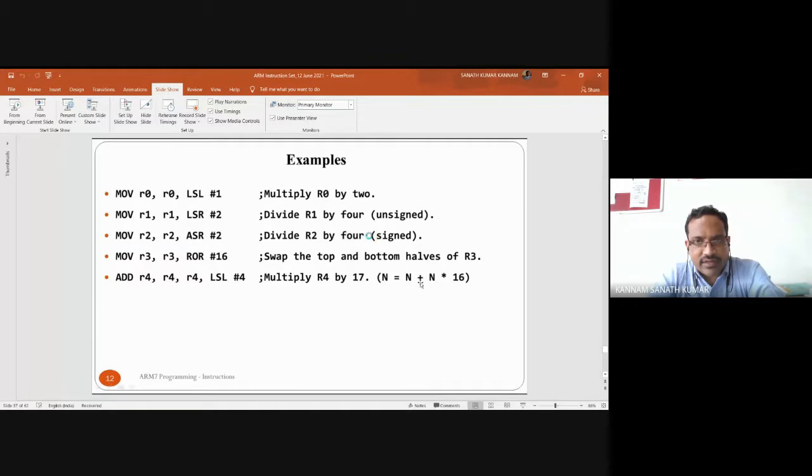So that means multiplied R4 by how much? Here 17. R4 comma LSL 4 means it becomes, 4 twos are 8. 8 R4 it becomes. Again 8 plus 8. So it becomes 17. Like that you can analyze.